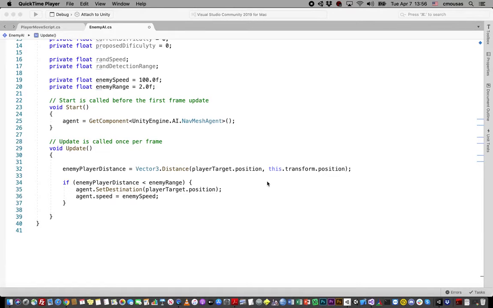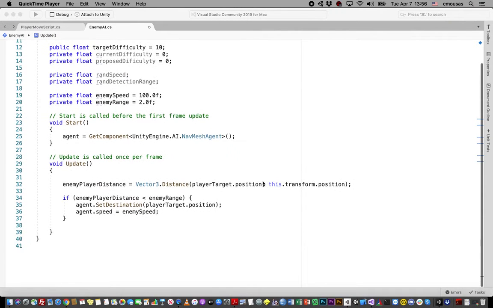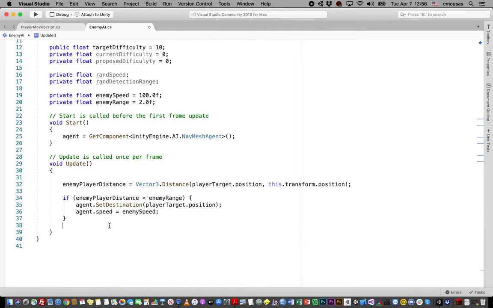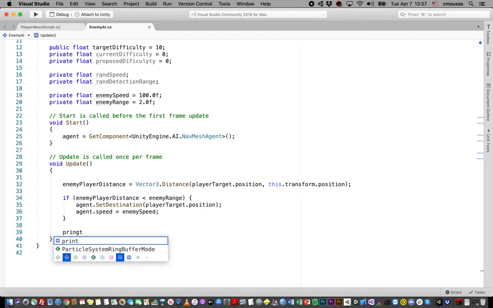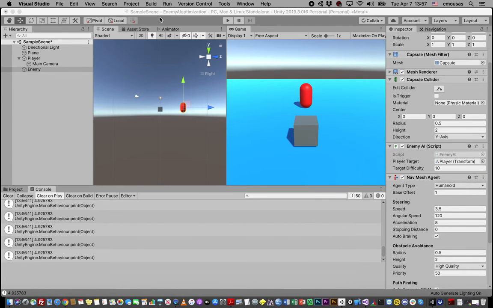Now, before we move forward, as a debugging process, let's print this value, the enemy player distance, just to be sure that things are working as expected. So I'm going to print this value here, and printing is one of the ways that we debug our software. So I just type it here, save, and I'm going back